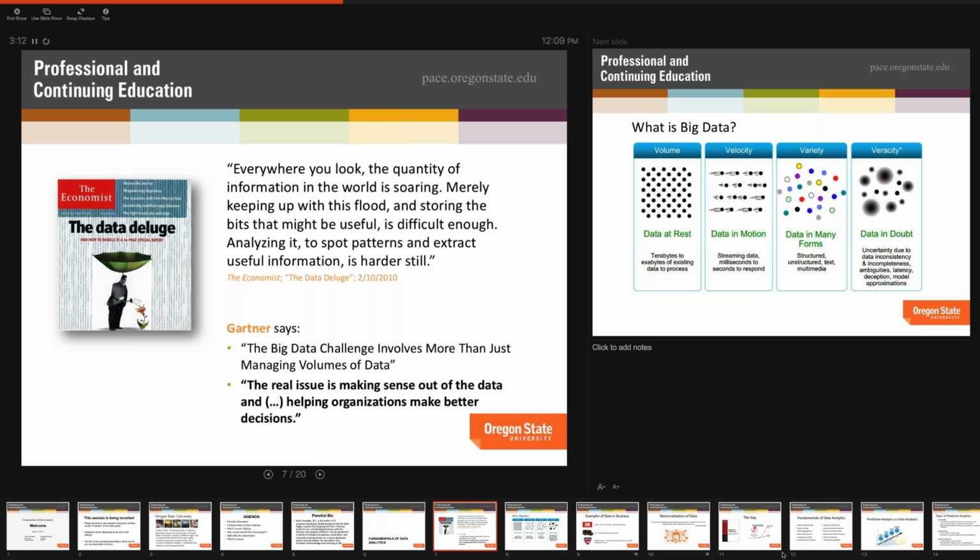To start that story, you have to understand what's going on in the industry over the last decade or two. The slide you see here, the Economist magazine cover, is called the Data Deluge. What that means is, with the advent of social media and the digital revolution with technologies and innovation, the amount of data that's out there is astronomical. And companies can use it to make a competitive advantage. I'll show a couple of examples later on.